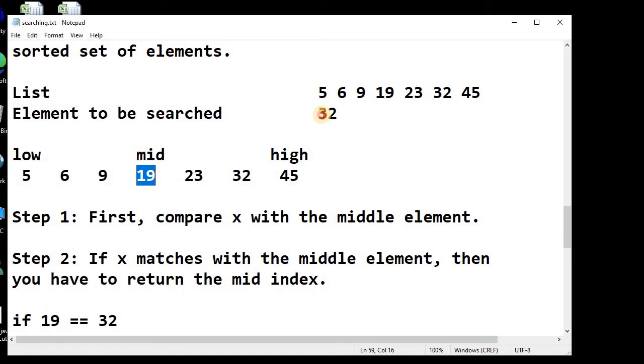One, if this 32 is greater than the mid element, that means it will be somewhere in the right side list. So this is the first condition. The second condition could be that the element we want to search is smaller than the mid element. In that case, the number we want to search has to be somewhere in the left side list.